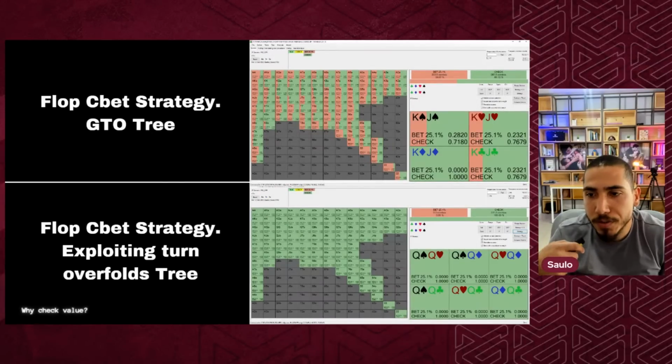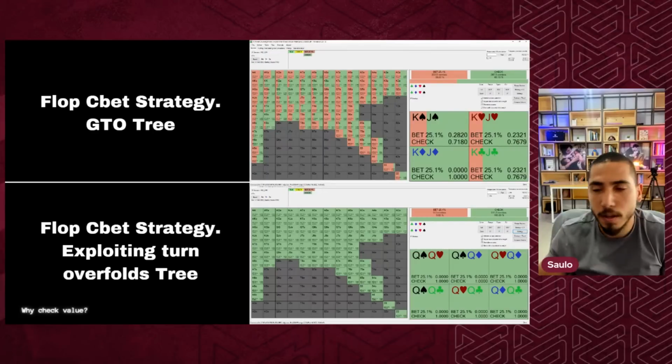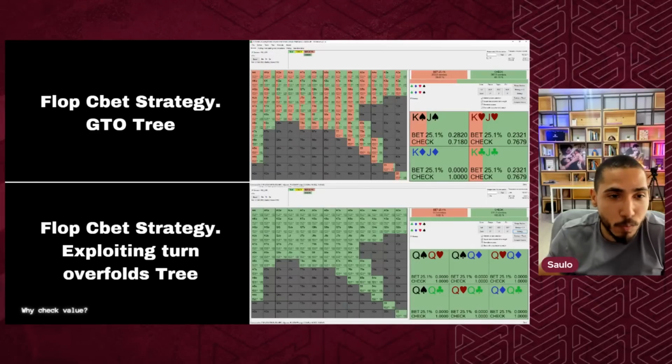Now, what you're seeing here, I use the tool that I have developed for myself. I call it an automatic node locker. I can just input assumptions for how I want any of the strategies to change, and then I can do it automatically for all the nodes that I want. Because node locking is a little bit painful to do manually, because you can only do it one runout by one. There is a cool function in PioSolver where it automatically adjusts